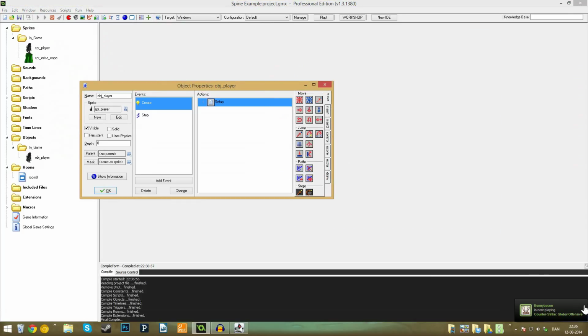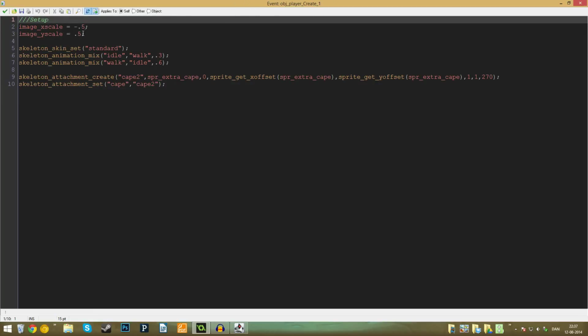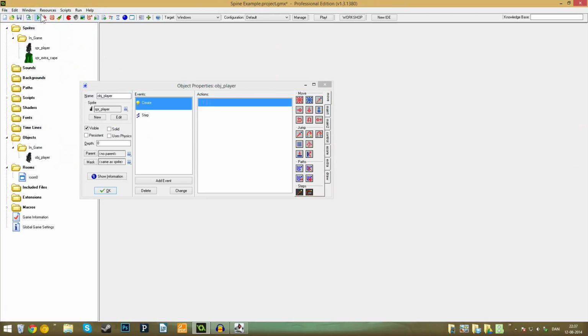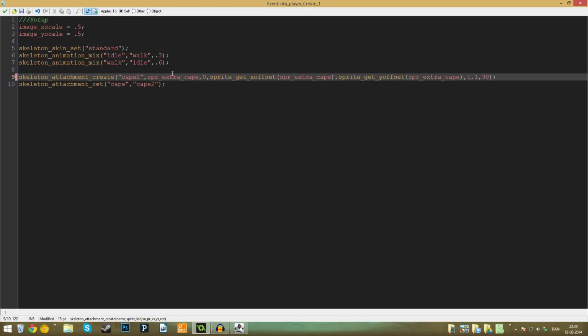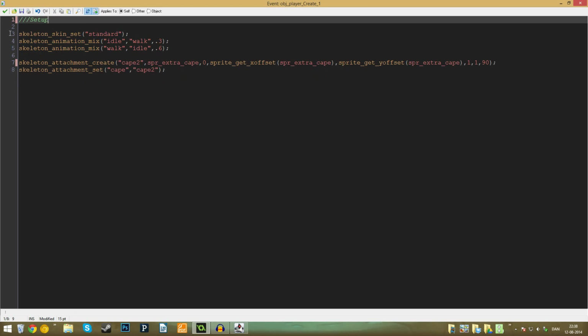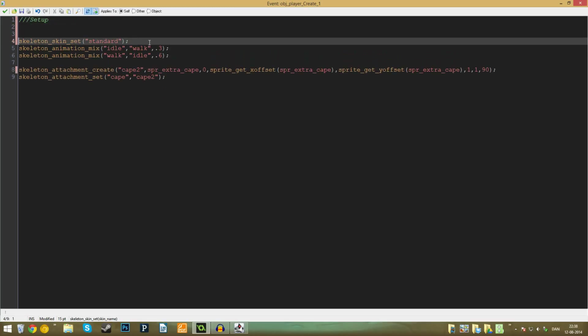And then we have switched our cape out, and it would seem that this gives some trouble with the image X scale. I didn't anticipate that to happen actually. I think most of the problem is because of the X scale and Y scale. So I think if we just start at 1, it seems okay. What I think is going on here, and I will show you in a moment, is